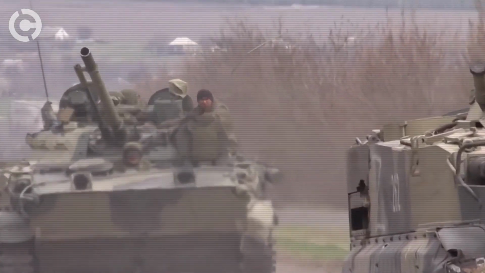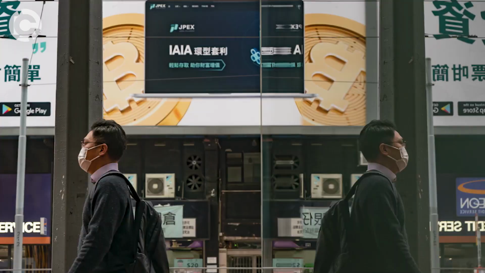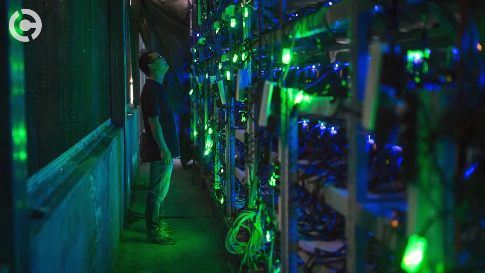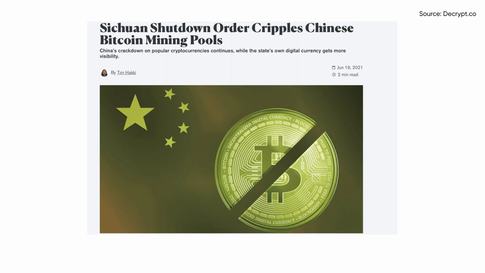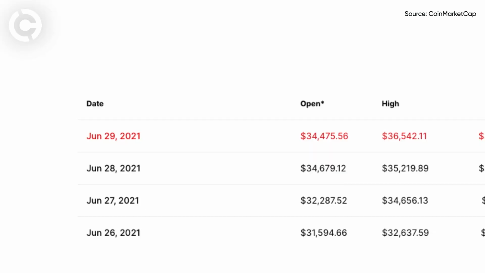Wait. Hold up, Tom. We're not quite finished with our guide yet, though. As well as fundamental analysis, there are some other indicators that are also useful to keep an eye on if you're thinking of diving into crypto. Global events like the war in Ukraine, government regulation, as was seen with China's ban of Bitcoin mining in 2021, which was a catalyst for a dip in the price of Bitcoin. And regular economic events like recessions, inflation, and changes in interest rates. All these factors can affect cryptocurrencies, so it's important to take them into account.